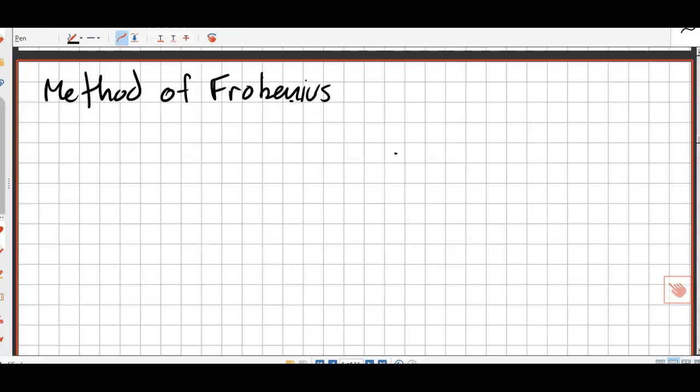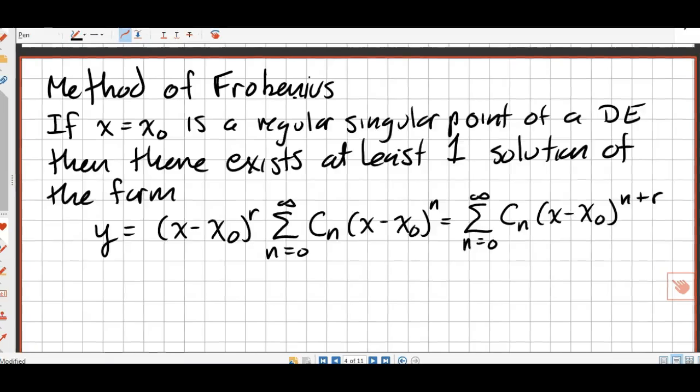All right, so I'm going to finish up on the method of Frobenius, and this is a method for solving a differential equation around a singular point. Okay, so if we have x equal to x sub 0 is a regular singular point of some differential equation, and we had talked about the regular and irregular singular points in the last class, so you can review that in the previous notes. Anyway, if we have a regular singular point, then there is going to exist at least